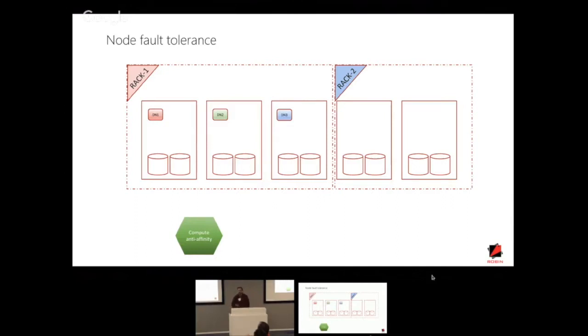So what's the trick here? You have to bring this concept called anti-affinity. So if you have services of the same kind acting as redundant components, you have to spread them out. So you offset the failures of the physical hardware that they're sitting on. This in itself is not enough.